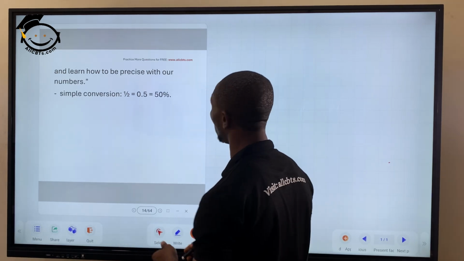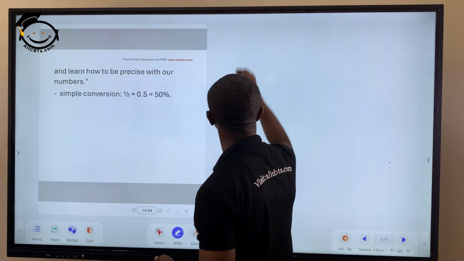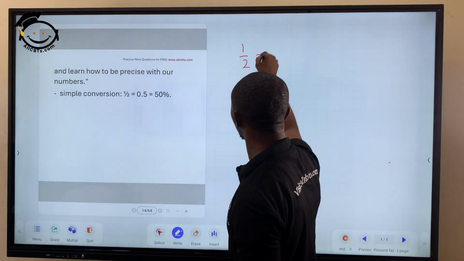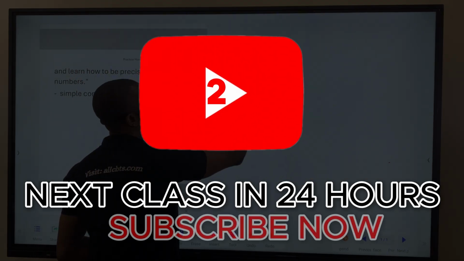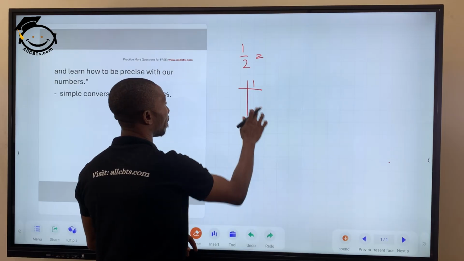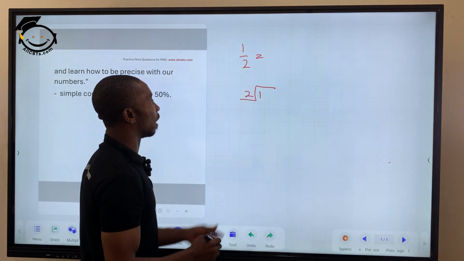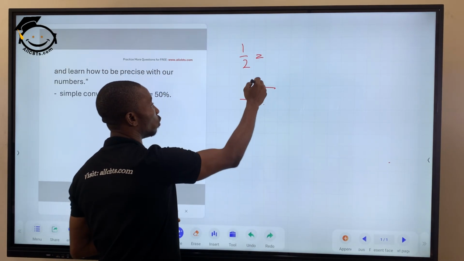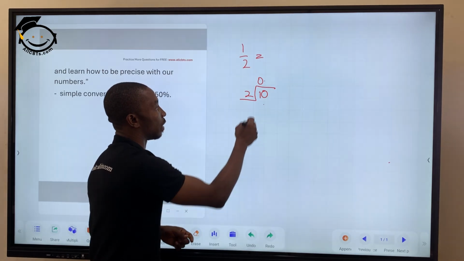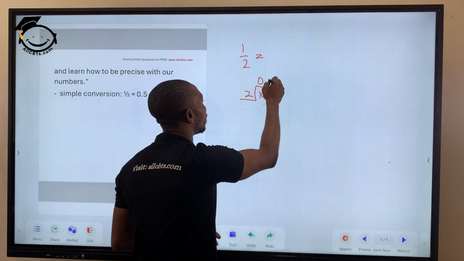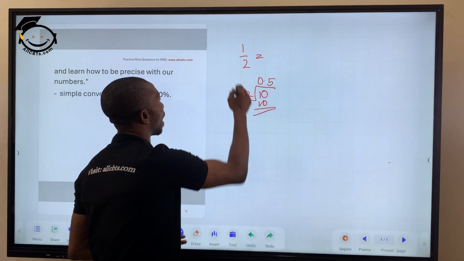Now, a simple conversion is 0.5 or half. Now, if we have half, converting this in decimals is 1 divided by 2. Now, 2 cannot divide 1, so what do we do? We write down 0, introducing our point, and add another 0 here. Now, 2 into 10 would give us 5. 5 times 2 is 10, which gives us 0. So, half is something as